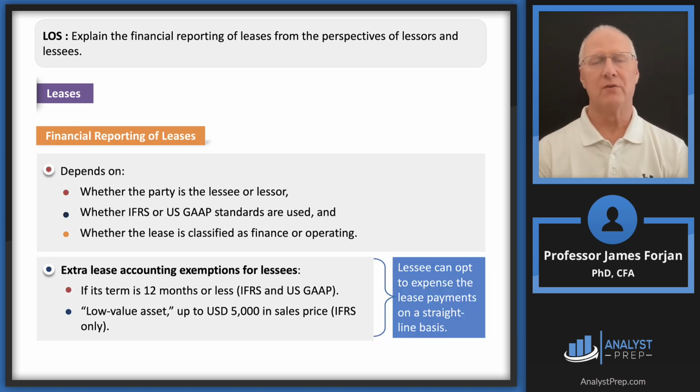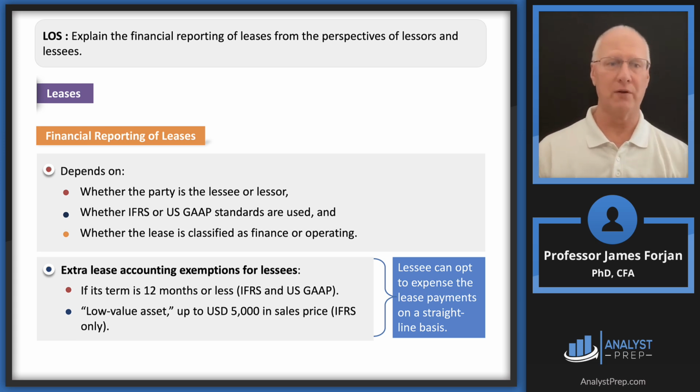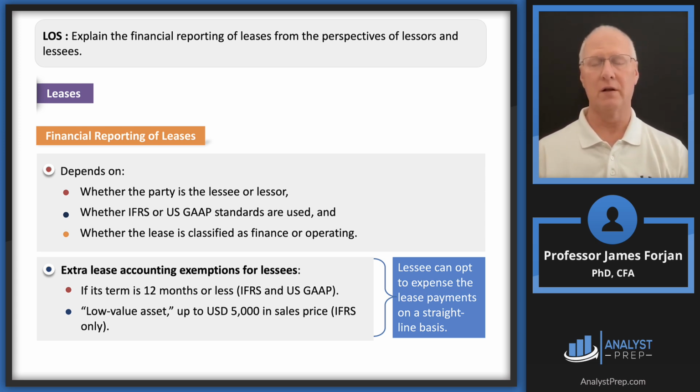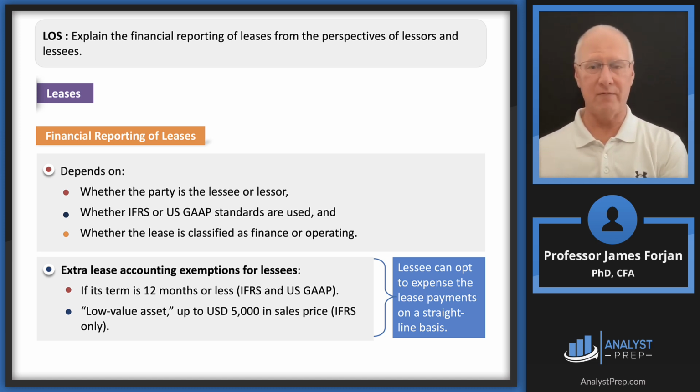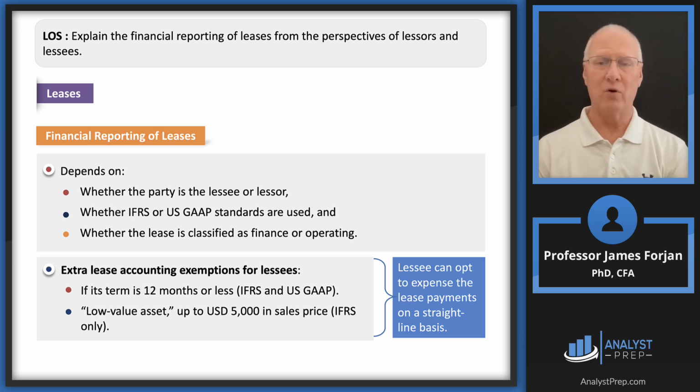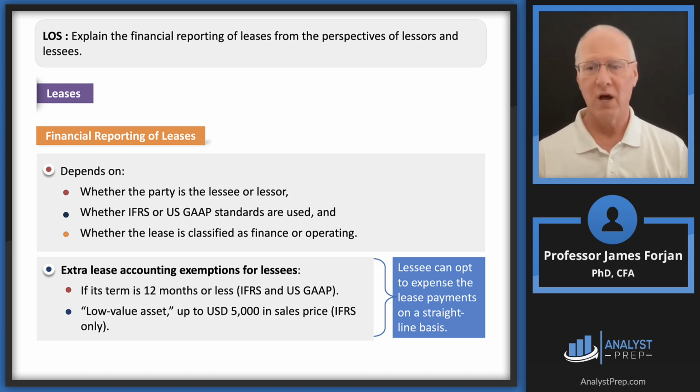Now, some good questions on the exam might be something like, all right, we have the 2 parties. We have the lessee and the lessor. Do they report things in identical ways? Does the international group and the US GAAP, do they have different kinds of rules? And of course, you would love for me to say the answer to that is, well, everything's identical. But of course, they're not going to be identical.